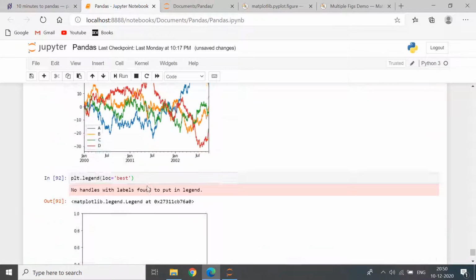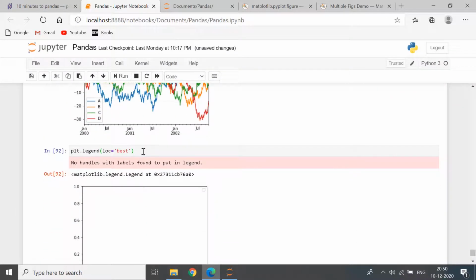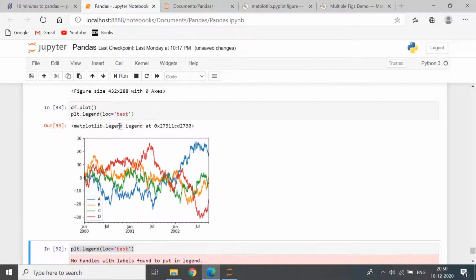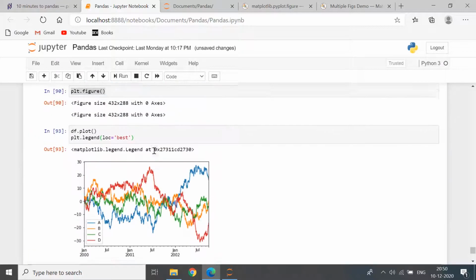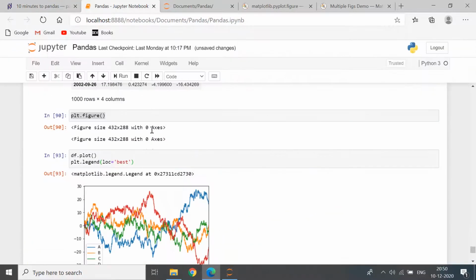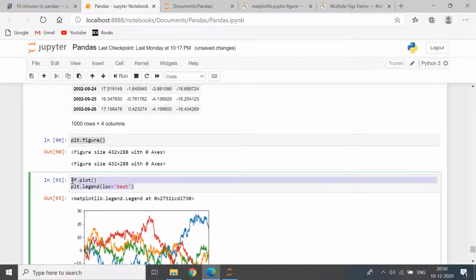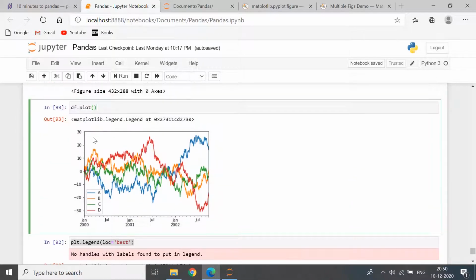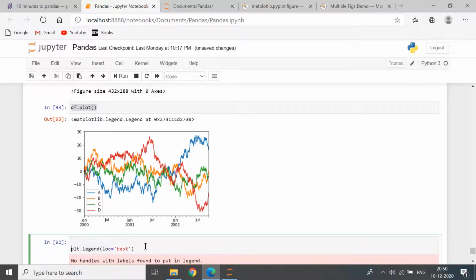Should I do them in the same? Let's just look at the difference if we do use this and this together, and if we use just one of them.